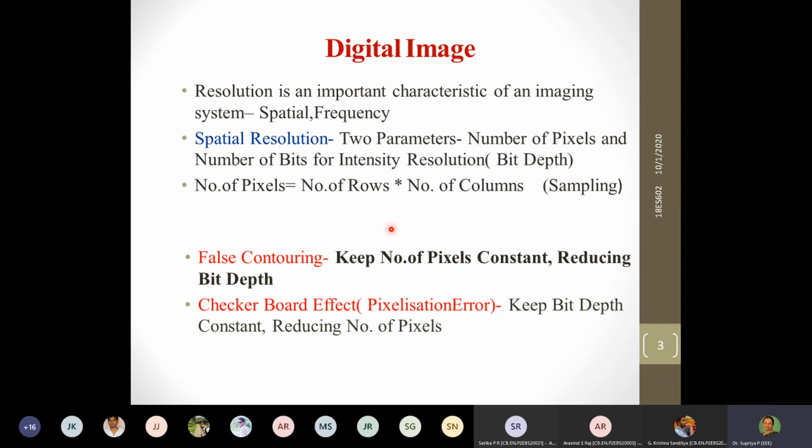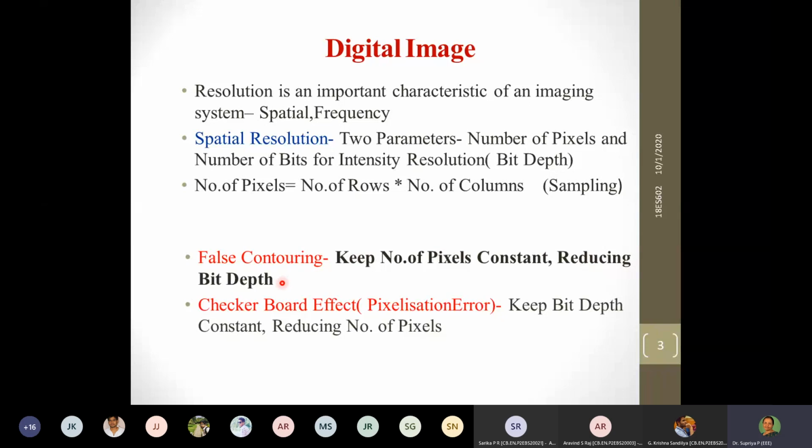The two problems that have been mentioned here are, the first problem is called false contouring. This happens when we reduce the bit depth, which means it may happen when we use either a binary image or a grayscale image, not too much, but it may happen depending upon the image size. And we are keeping the number of pixels constant, which means we are going to repeat it for 512 by 512. With that particular image size, we are going to reduce the bit size, and this particular thing has been